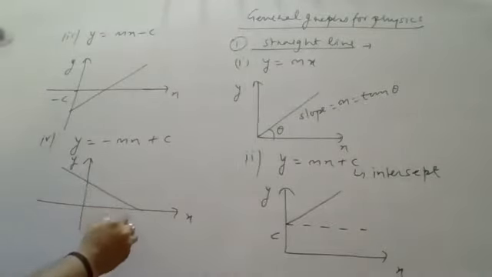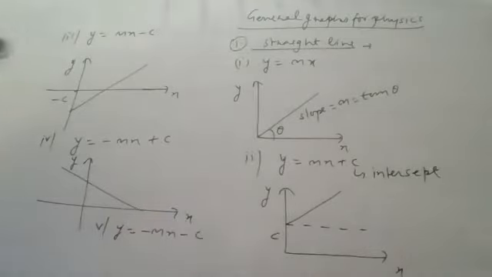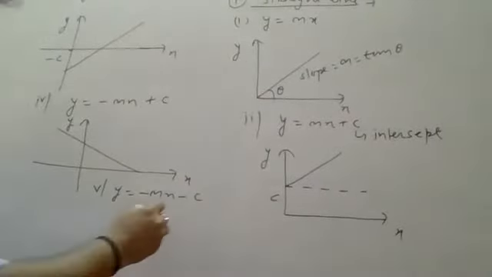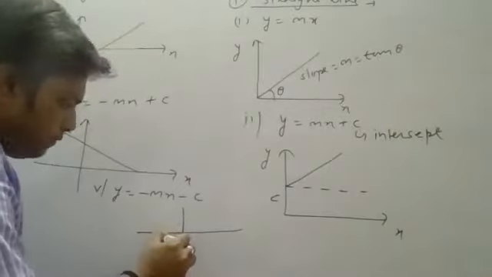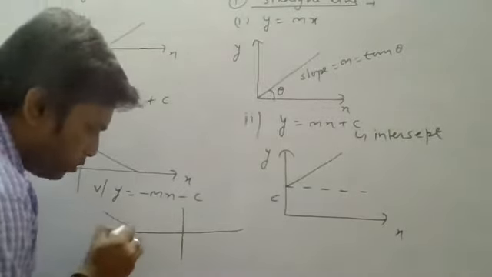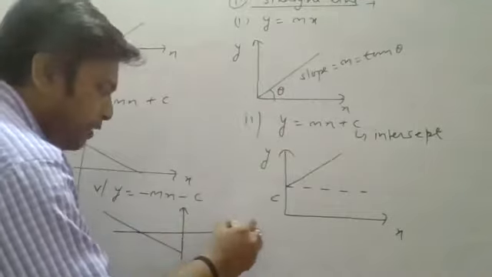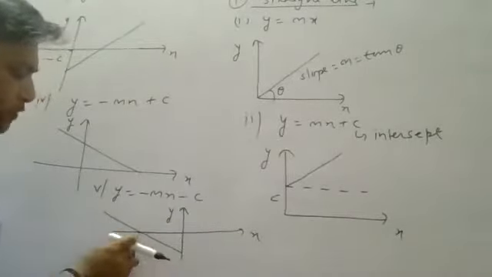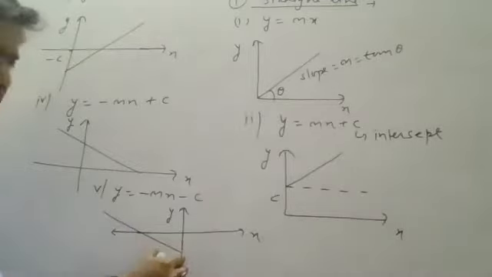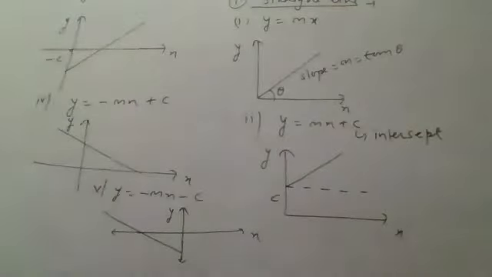And I'm taking one more curve here. It is the fifth one. y equals minus mx minus c. The intercept as well as the slope are both negative. If these both are negative, then I will plot the graph in this manner. Be careful, my graph will run here. Slope and intercept are both negative. This is x, this is y. Here the intercept is negative as well as the slope. This is the curve available here.